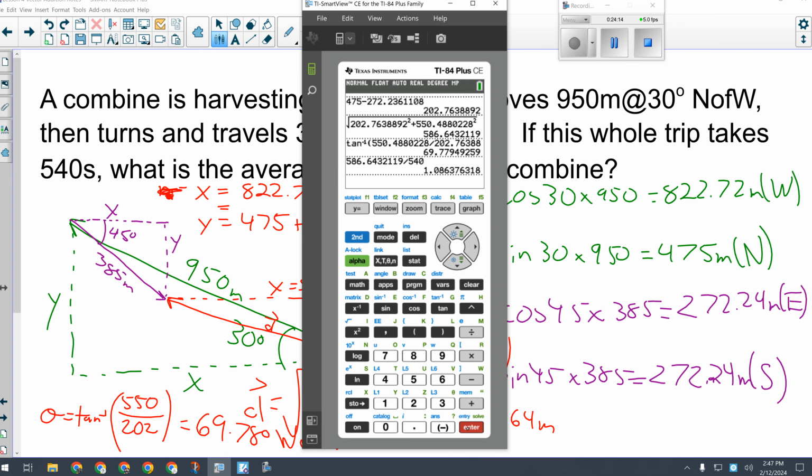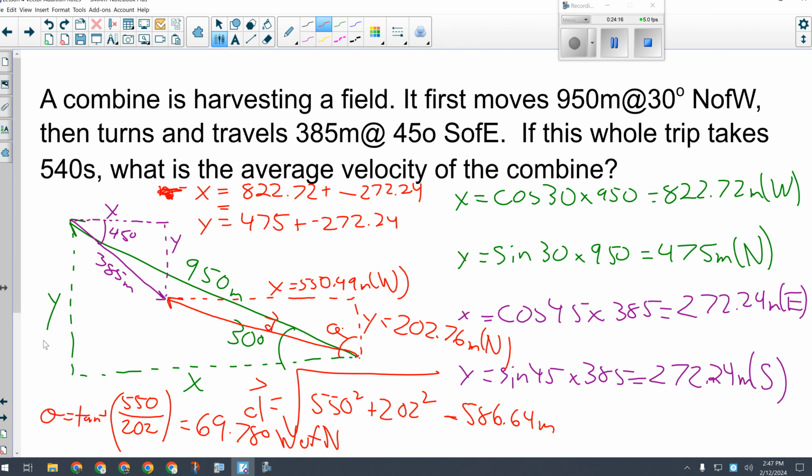Okay. How many significant digits can my answer have after all of that? 2. The 30 degrees has 2 significant digits, and angles are measured values, so they contribute to your significant digits. Okay? So we are going to have here, as our final answer, I think it was 1.1,